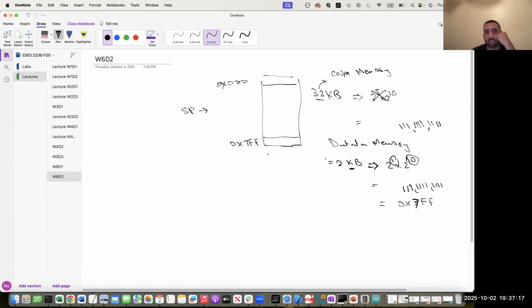But it is a convention that we set the stack pointer to the last address in the 2 kilobyte memory. Why? Because the memory on the lower side may have already been used, right? For example, the global data, the variables which are globally initialized, are placed on the lower side of the memory, right? Since we are talking about a microcontroller, there is no operating system, everything we have to control